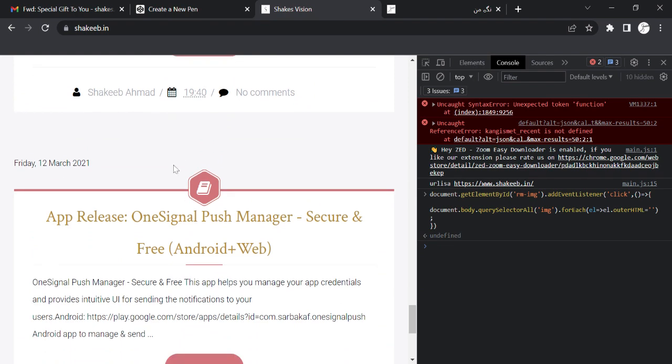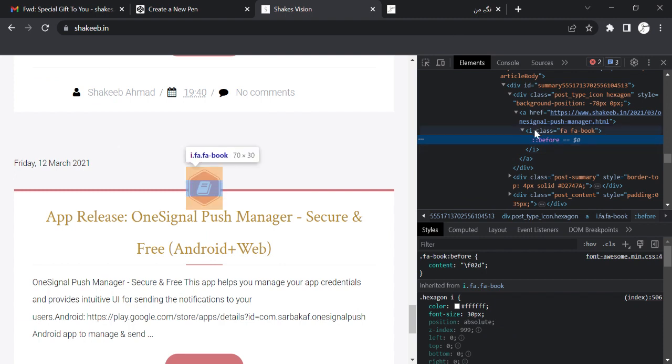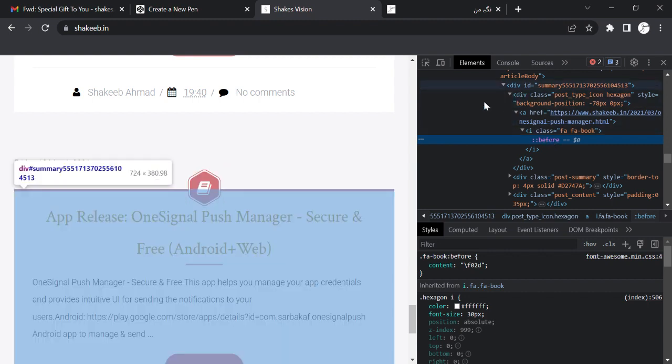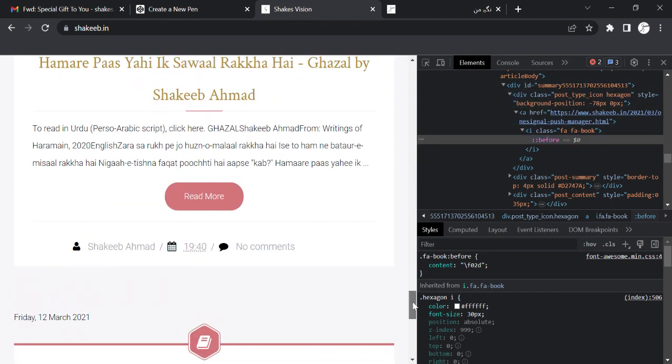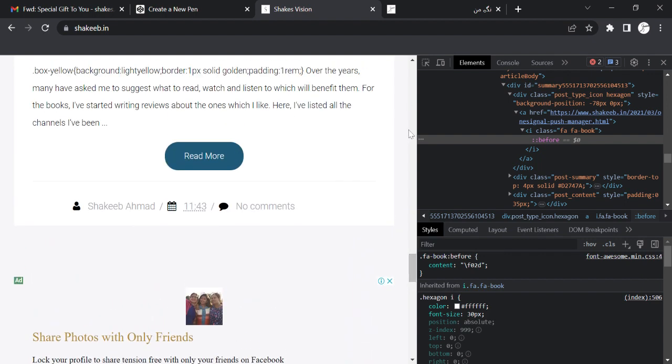I also explained that this icon should also have been removed, but it is not an image tag, it was an I tag, which is usually done using a library that we use for icons. That could also have been removed, but that's fine. This also was not removed because it is not part of our website. It is an advertisement from Google, updated dynamically, so we don't have a say over it. Yeah, that's pretty much it. Thank you very much. Bye bye.